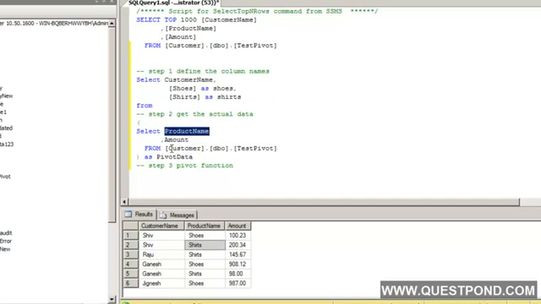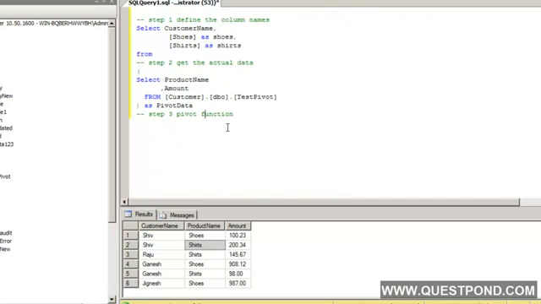Okay, right, good. So we have done step 1, define the columns. We have done step 2, which will actually fetch the data. Now the last step is we need to go and write the pivot function. So in this third step I will say here pivot, round brackets,